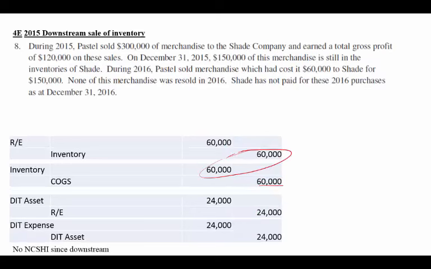For E, let's start by circling our income statement impacts. So we can see for 4E our impact on net income is an increase of $36,000, and our impact on ending retained earnings